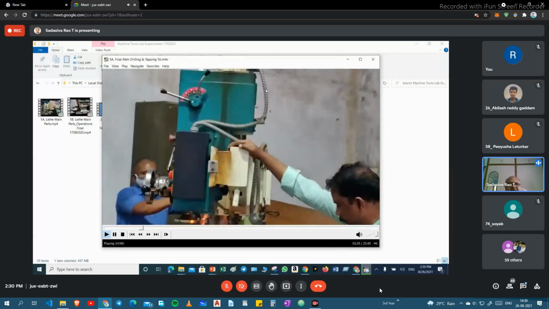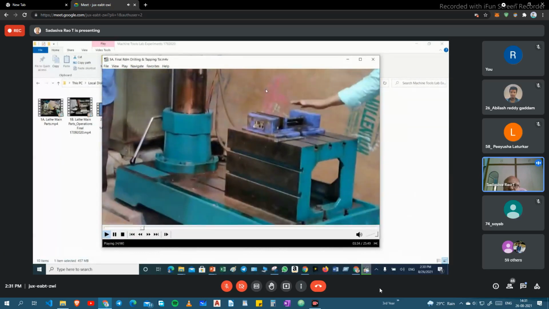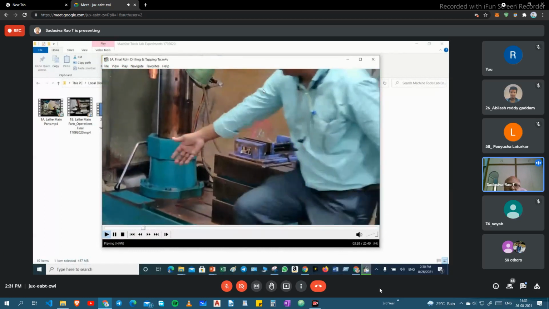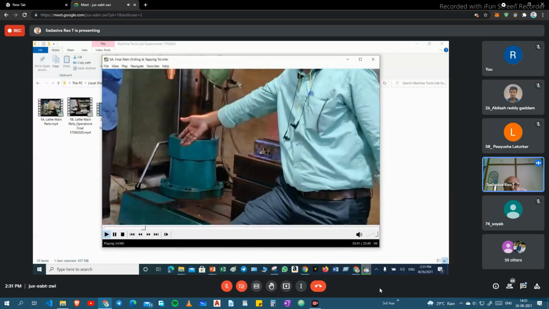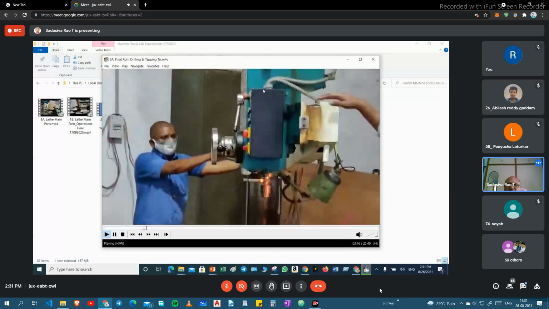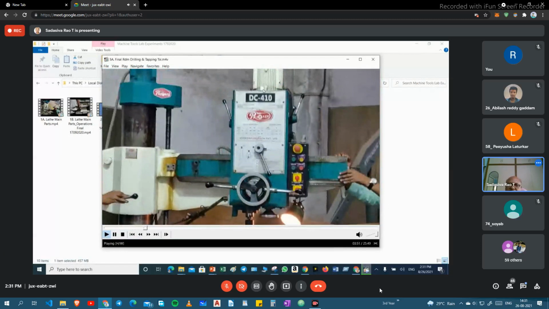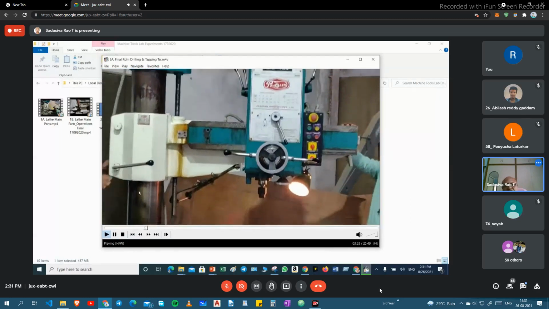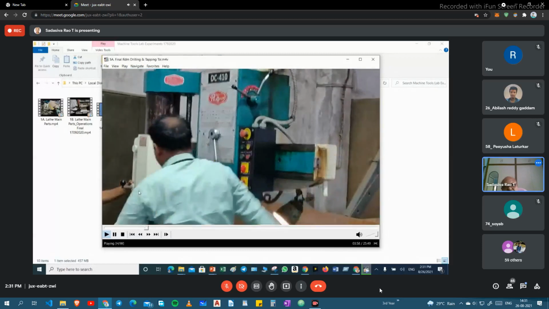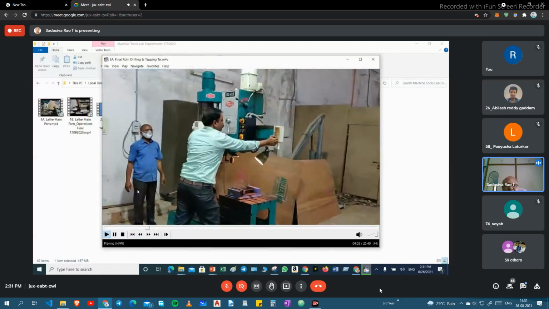It rotates 360 degrees. For example, this is a workpiece. If our workpiece is bigger, that means this much size is there, here, if you want, you can make a hole. This is a special purpose of the radial drilling machine. Wherever you want, you can make a hole, up to 1 meter length. See, it is rotating completely. If you are tightening this one, it is not moving. It is locked.